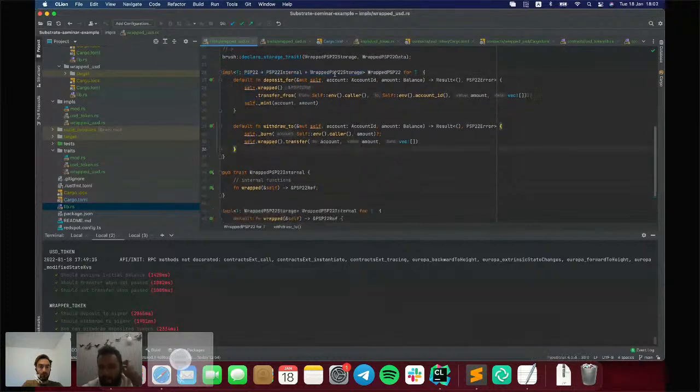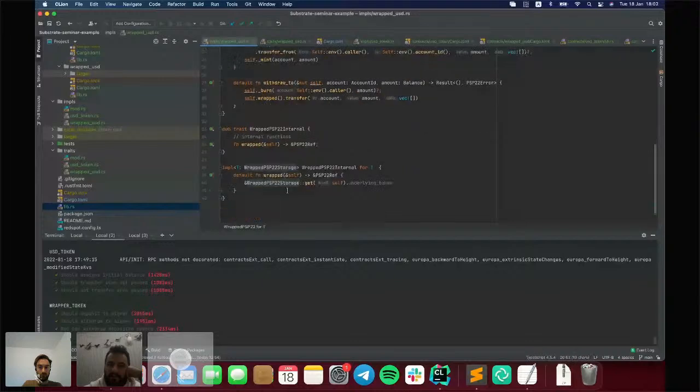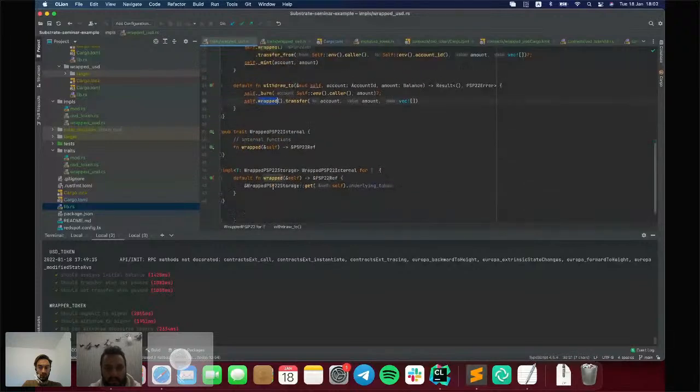Because we know that the generic type implements that trait, that means it also has that implementation, and that is why here we can use the internal method from here.